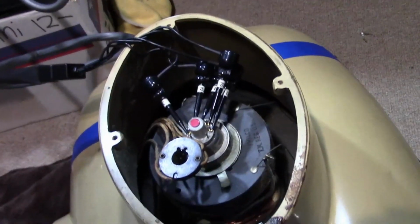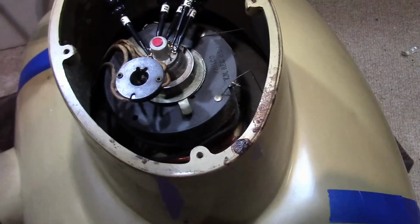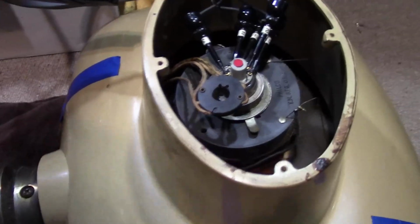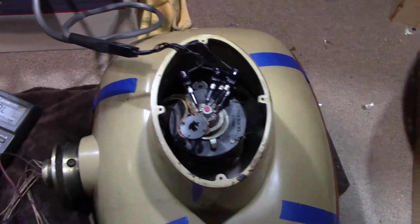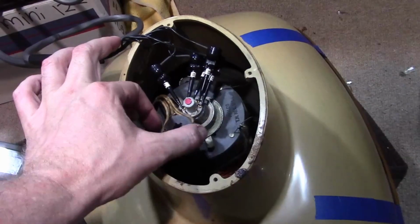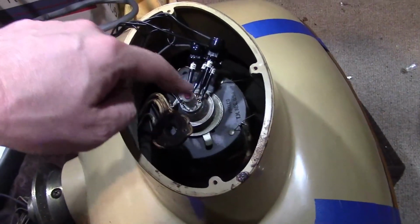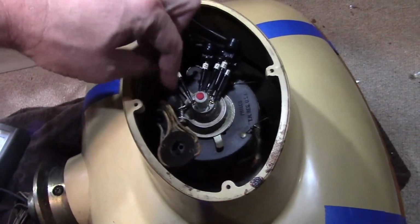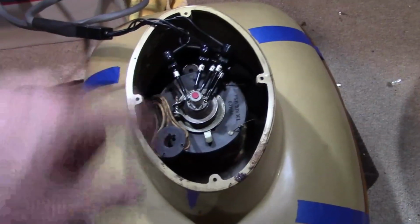This has no label that I can see, and the orientation of the key and the appearance of it looks a little different than the other, so I suspect this may very well be a replacement. I did measure the resistance, and I got 1 ohm, so that's a good sign, but I don't know if it's a low voltage or a 6.3 volt CRT, nor am I sure about the pinout, although typically when it's been replaced, the pinout's a little different. Sometimes G1 and G2 are flipped. But when that happens, typically you'd see a splice on this, and they rewired the socket. This one doesn't appear to be, so it's a good indication that this has the same pinout as the original. So, without further ado,